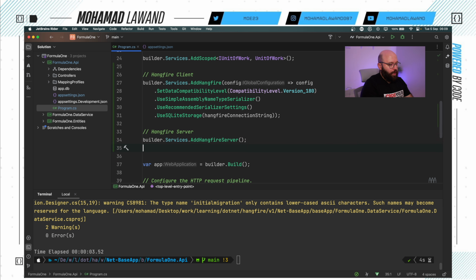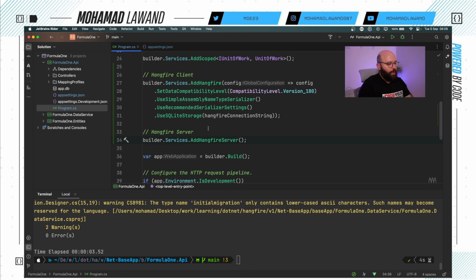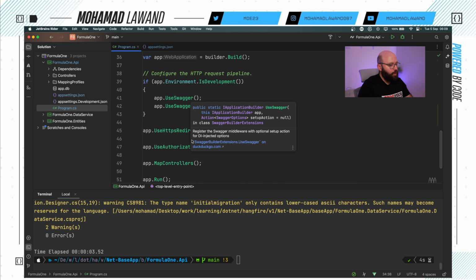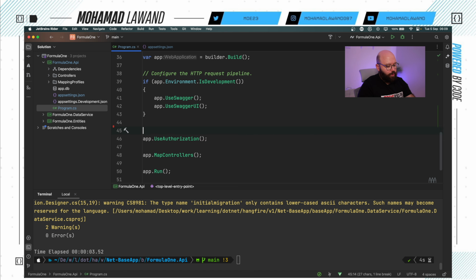So these are going to be the main current configuration. There's going to be more, but this is going to be the main thing right now. And once we have done that, the next is I want to actually enable it. So let's go here and let me remove this. I don't need HTTPS right now. So the first thing that I need to do here is I need to add the following: